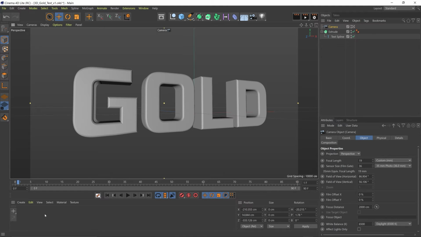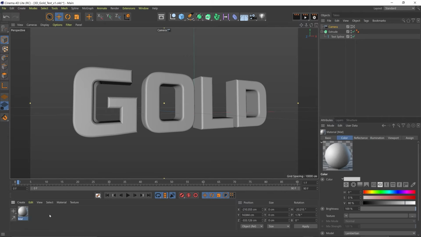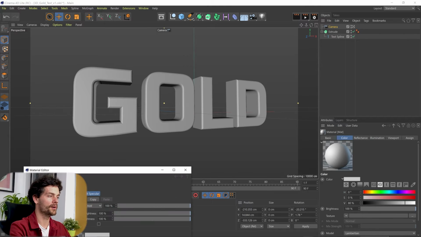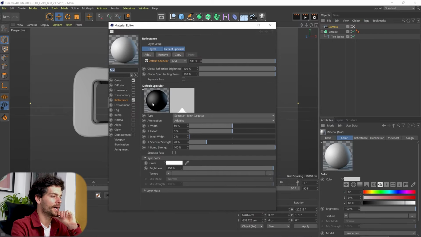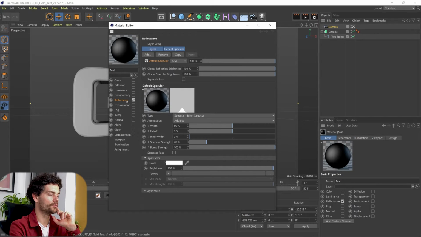I'm going to go down here to our material manager, which is this box down here, which is empty at the minute. If we double click, it will create a material. If we double click that, it will open up the material editor. And obviously a lot of options here. We're going to just concentrate on reflectance, so turn off color. And we're also going to remove this one. This is default specular, which is a kind of fake